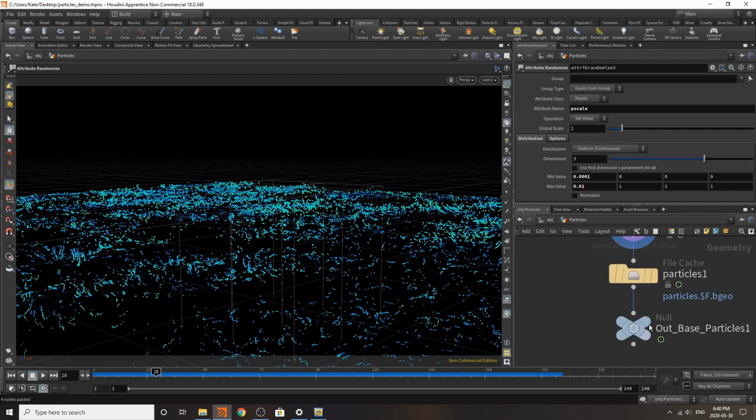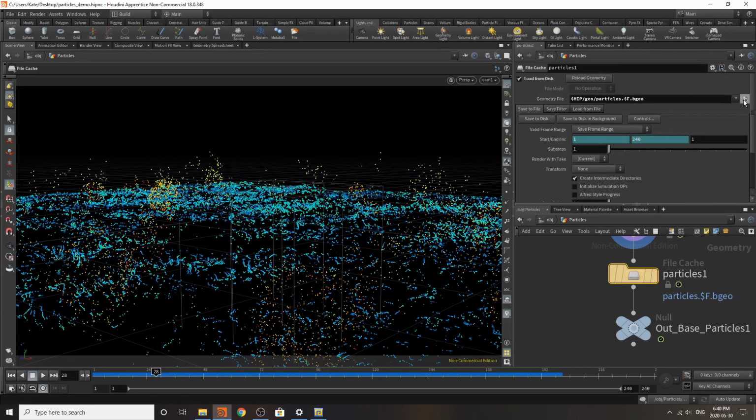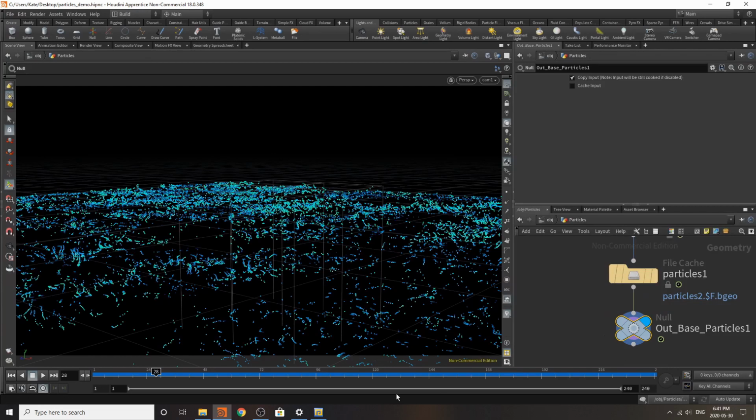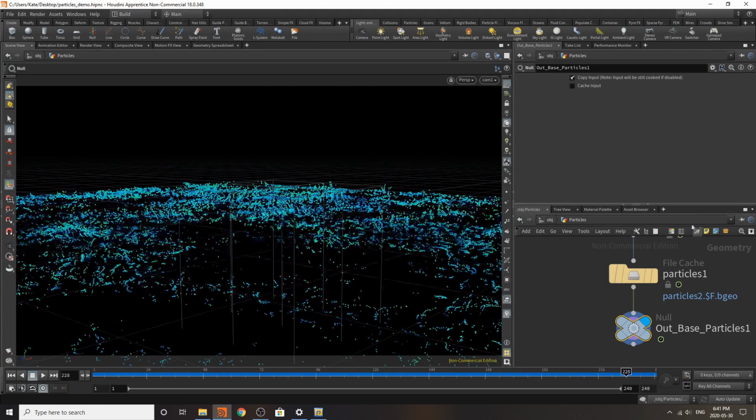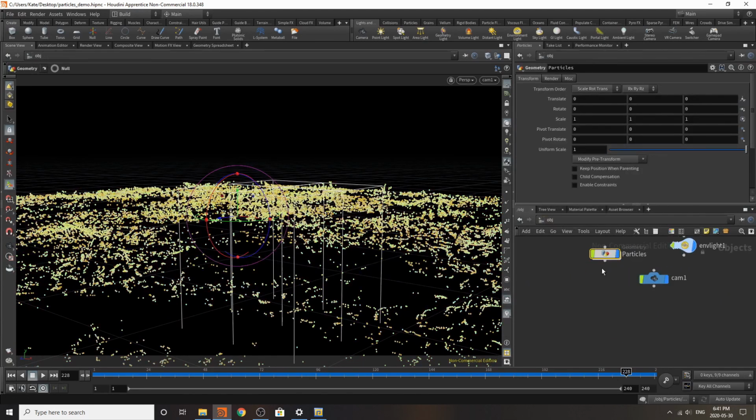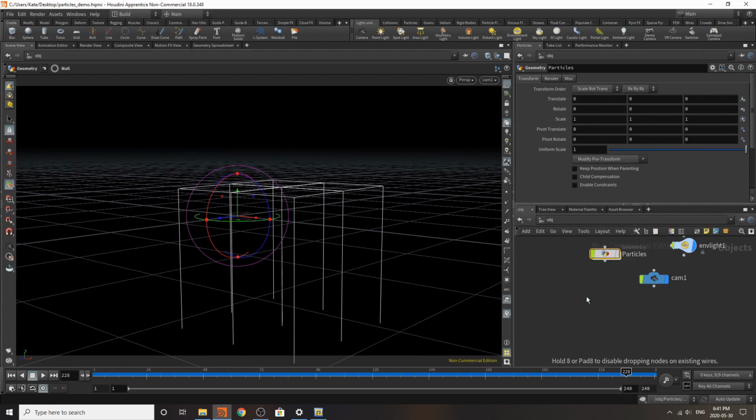Just for fun. We'll save this as particle 2. So that should be saved out now. Perfect. And I'm going to turn this off, create 2 other geonodes,